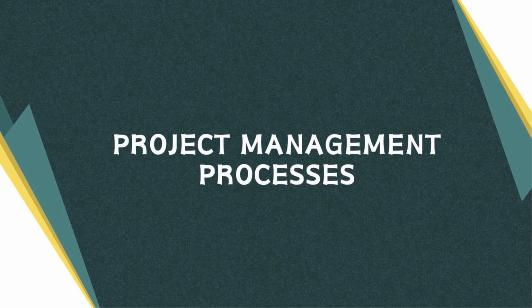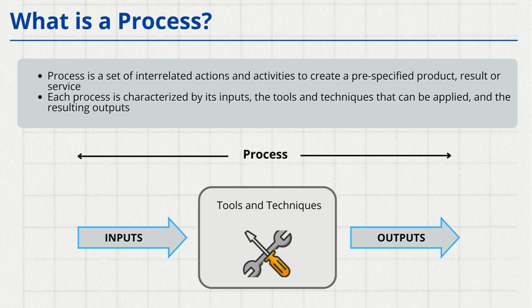So, moving on to the project management processes. Let's first try to understand what a process is. You must have worked on numerous processes, and whenever we work on a process, we always come across a series of activities that are mentioned in it. These activities must be performed one by one, and they are interdependent on each other. Whenever we work on any process, there is always a predefined objective that we try to achieve.